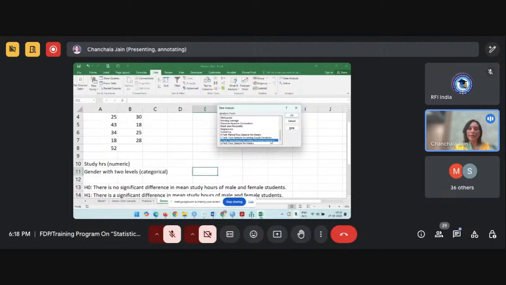But being an academician, if you want to check the variance, there is one more test available in this particular dialog box, named F-test two sample for variances. You can go up and check it. So if you want to check first whether the variance is the same or not, you can go with this. If you are not checking this, you can go directly with the unequal variances case. Is it clear to everyone?